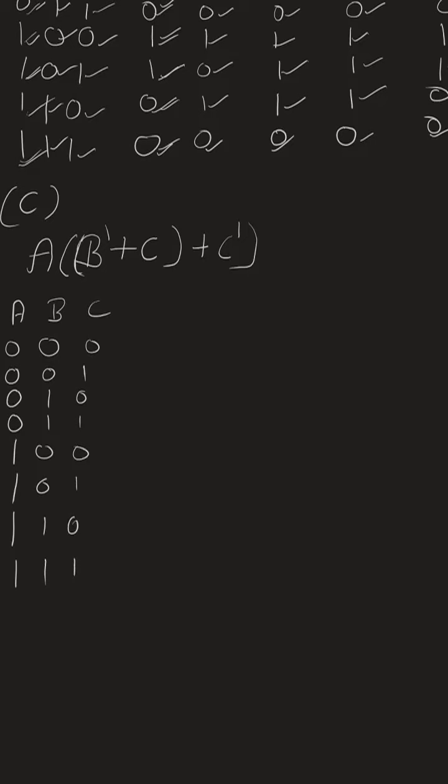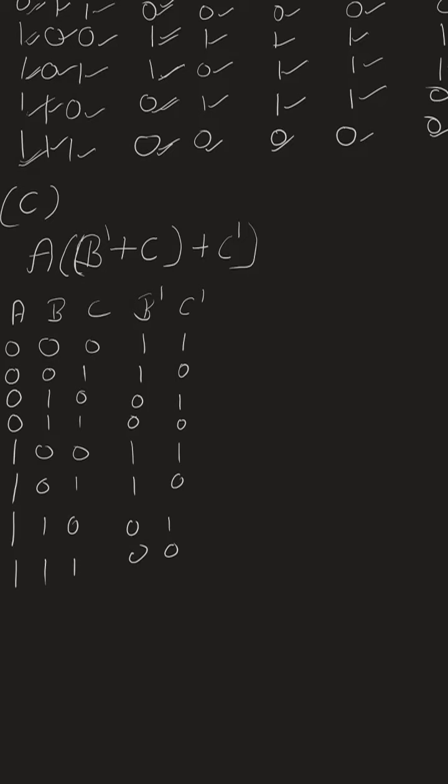Now we need B complement. So you can write down here B complement, and this is our B. So you can write down 0 reverting to 1, then again 1, 1, 0, 0, 1, 1, 0, 0. Now we need C complement here. So you can write down C complement. So here are zeros, then convert to 1, 1 convert to 0, again 1, 0, 1, 0, 1, 0.